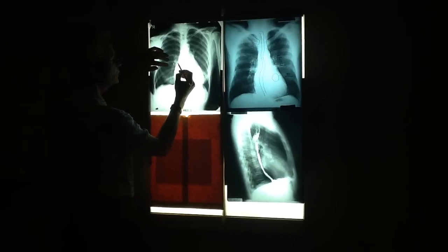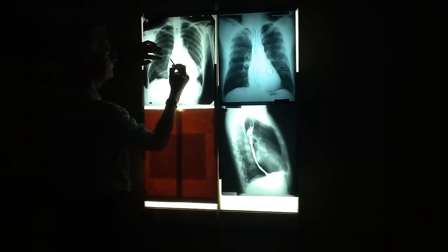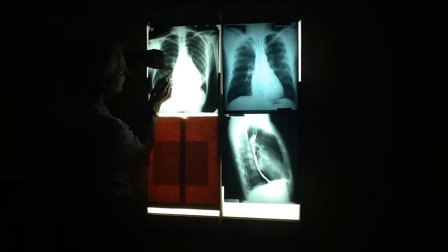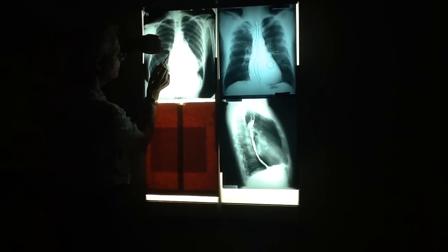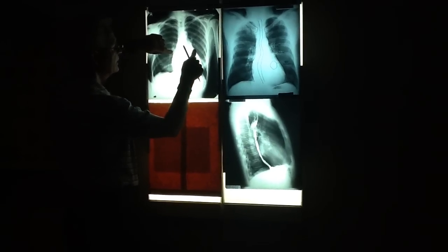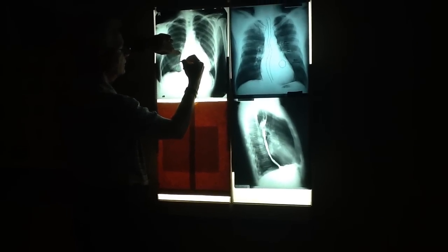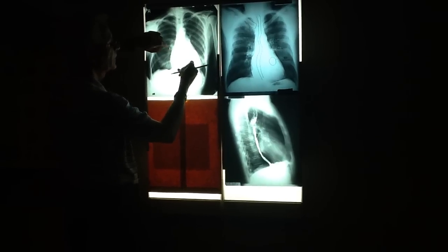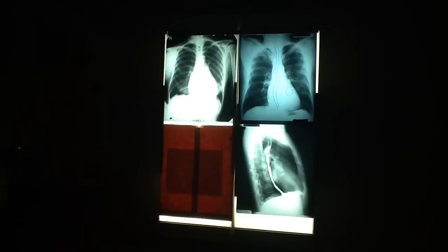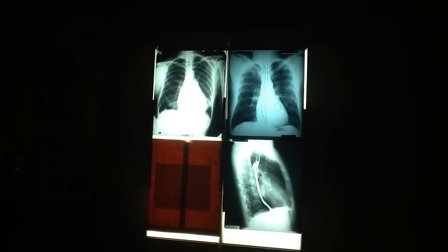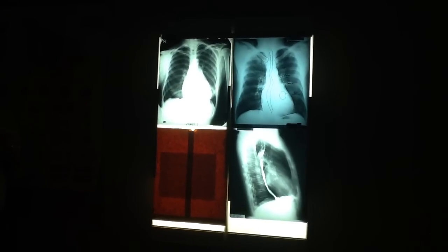But if we look very closely, there's also another border right here. You see that? Can you see it coming down over? Not silhouetted, because it's a little bit behind it. This and this is all left atrium. This, of course, is right atrium. The left atrium, when it enlarges, it's usually a stenotic mitral valve,